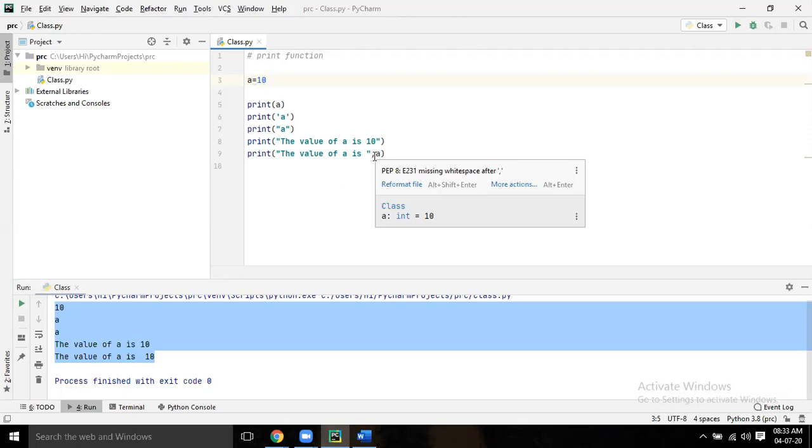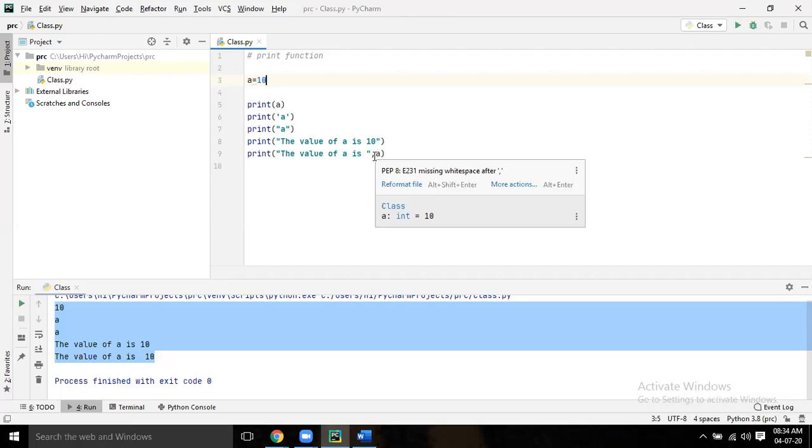This one, output is same. So, is there any difference? Yes, tell me, Masood. The fourth one is like a command, we are just printing the same thing we typed. Correct. And the last one, we are giving a comma between to separate the command and the value, because a is not in the double quote, right, sir?